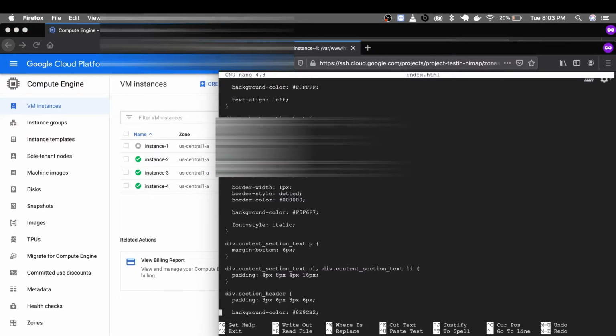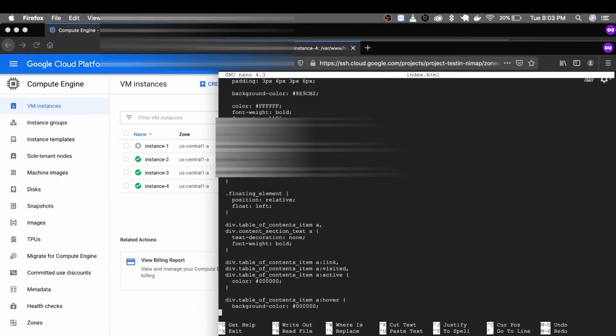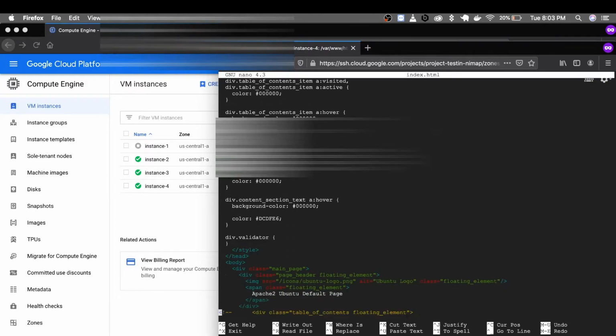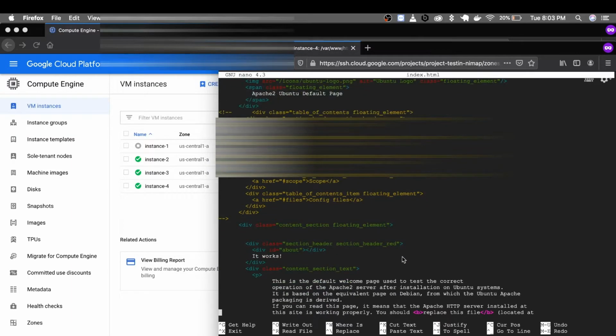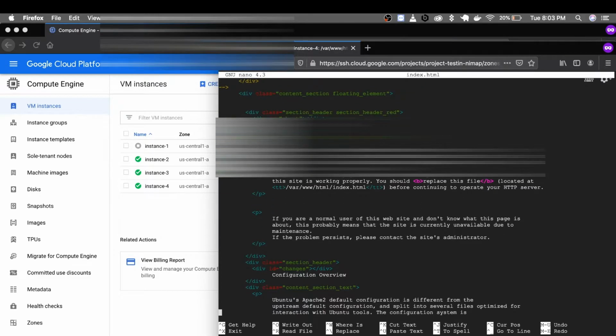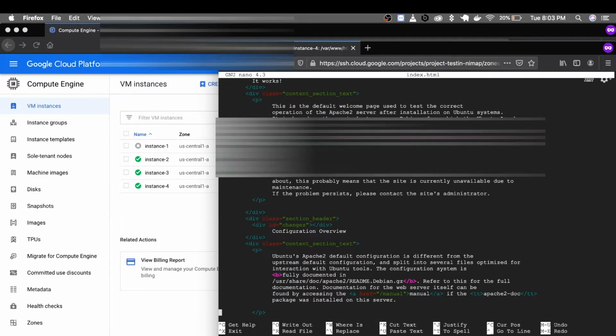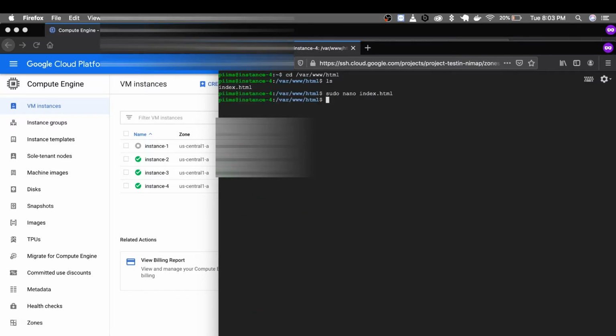Let's create a new page there. Let's create a page called home.html with sudo nano.